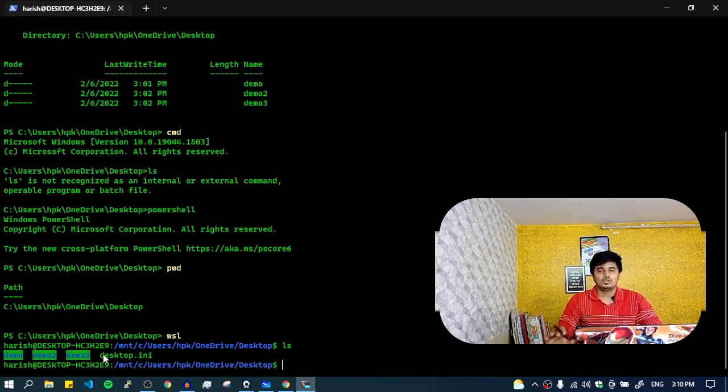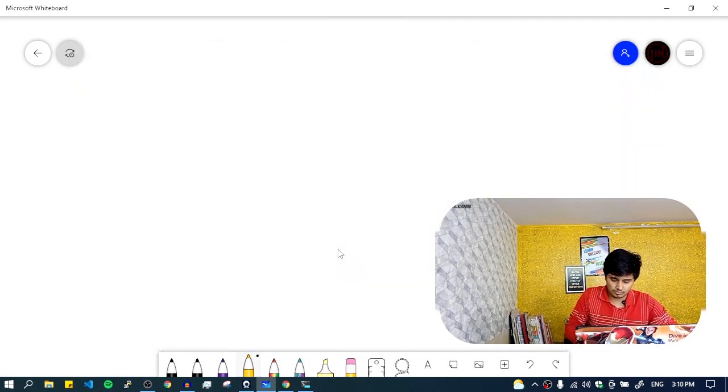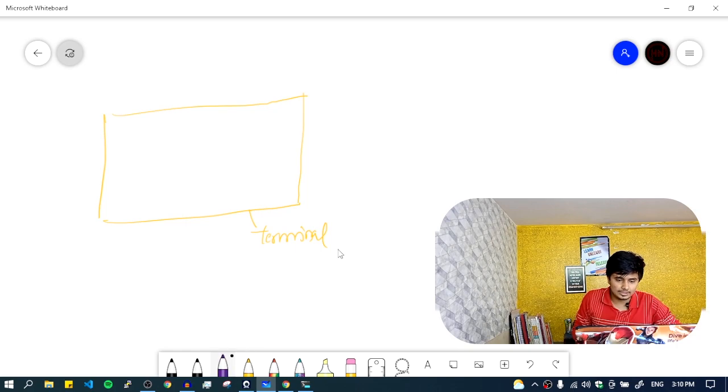Okay, just to recap things, let me explain here. You have a terminal window. It is also called command line in Windows. This is the name used in Windows, and this is the name used in Mac and Linux. You have basically a window wherein you have some text, which is generally called a prompt,